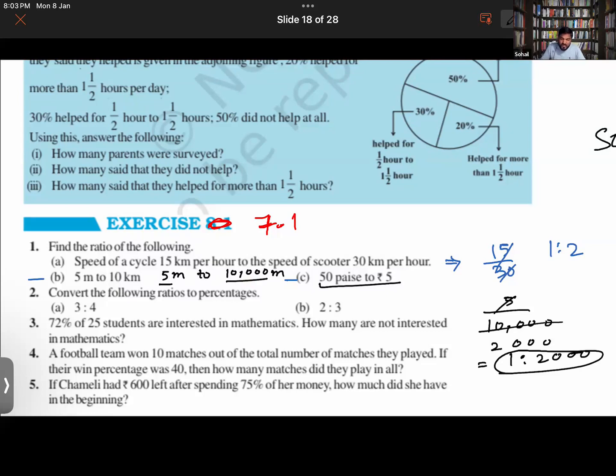Question number C. Okay, let me see the answers you guys sent for this one. Arhan, what you have sent is correct. Arham, you done? No, sir, I was listening to you. Okay, Ahmed isn't here. So see, it will be simply what? 50 is to 1 rupee, which is equal to 100 paise. That will be 500, right? 0 cancels, thereby it will be 1 is to 10. Hope that is clear.